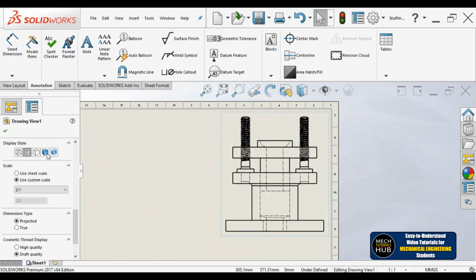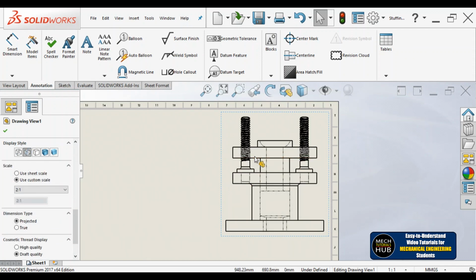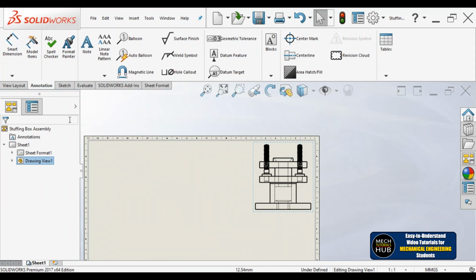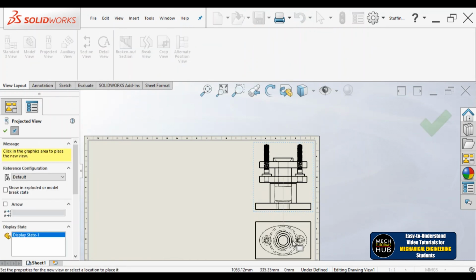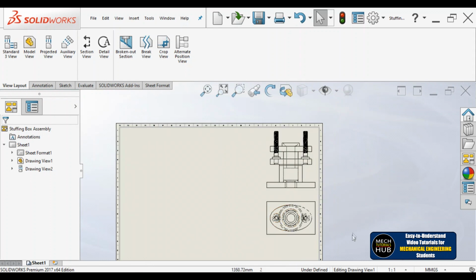In actual practice it won't be solid. Later, if you want, we'll try to keep it. Initially the question of a production drawing is going to be of this kind. The top view will also be given to you. If you go to view layout, projected view, this is the projected view of that particular assembly. Let us go out. Okay, now this is the question.